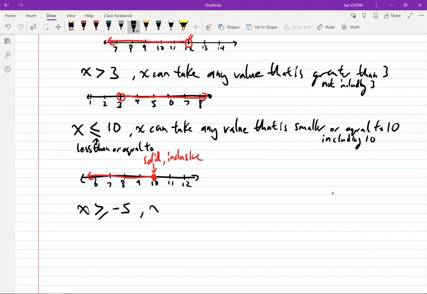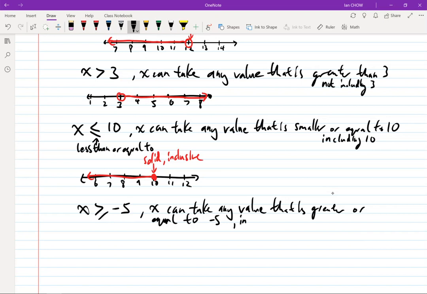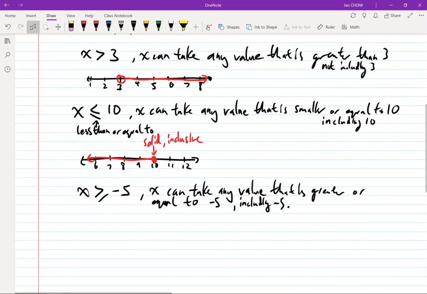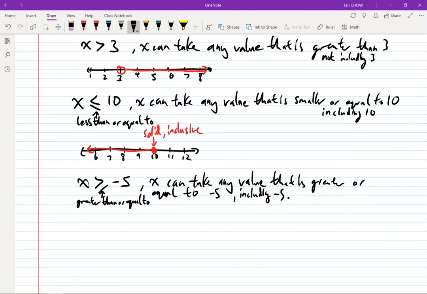That means that x can take any value that is greater or equal to negative 5. Of course, that is also including negative 5 because it is greater than or equal to. And so with this, okay, so this symbol over here means greater than or equal to. And so with a number line,